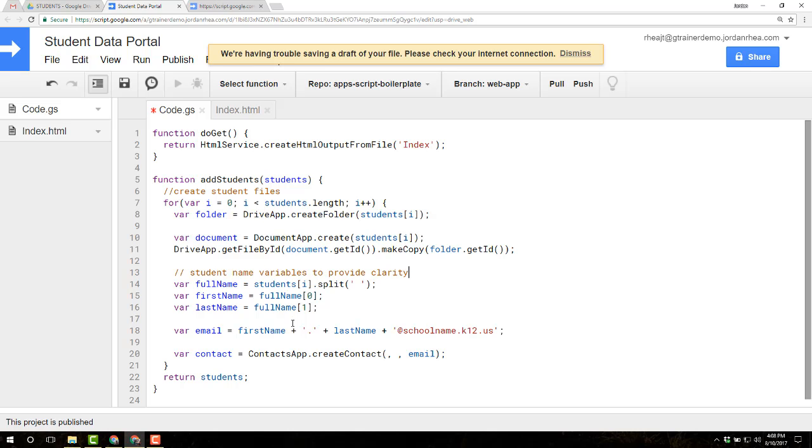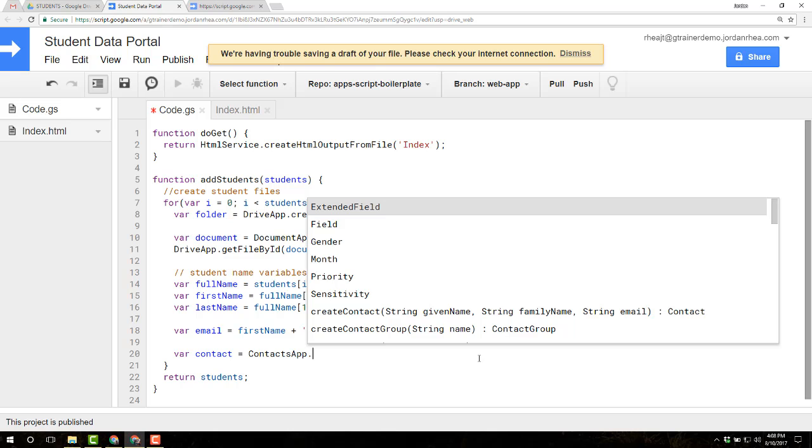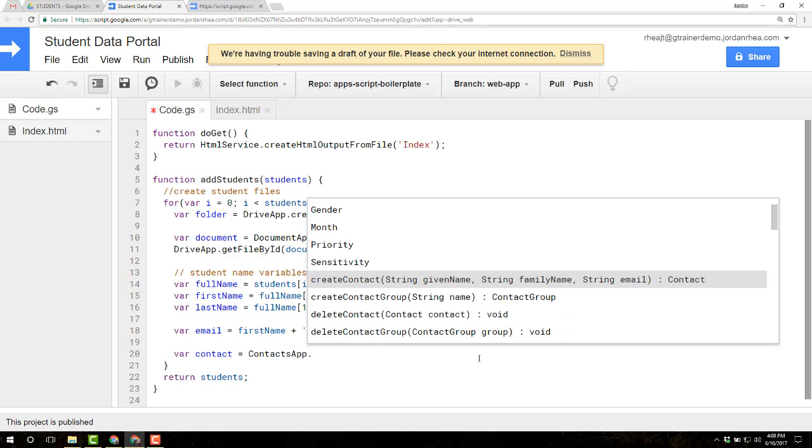I am really bad at adding comments to my code, so when I come back to it, I don't know why I did things. So I'm trying to get better at that. This isn't a great example of that. However, it is good to make the effort. So sorry about that. Let me do the contacts app, and we're going to create a contact with the given